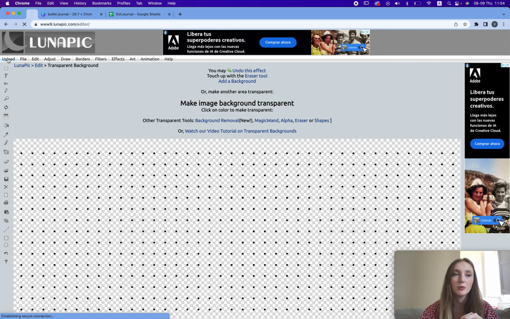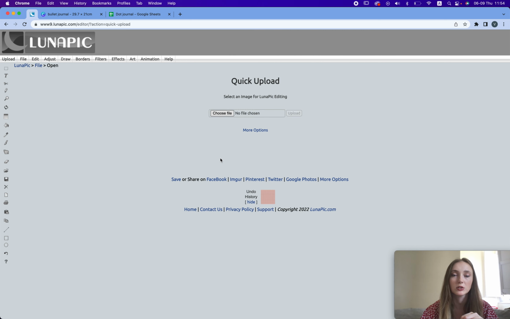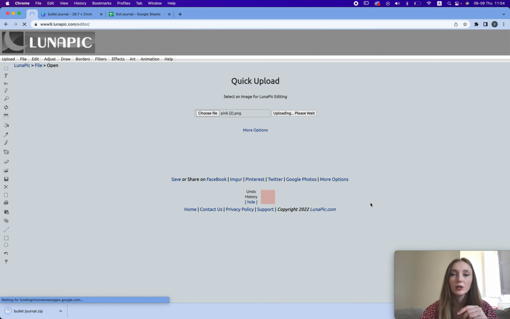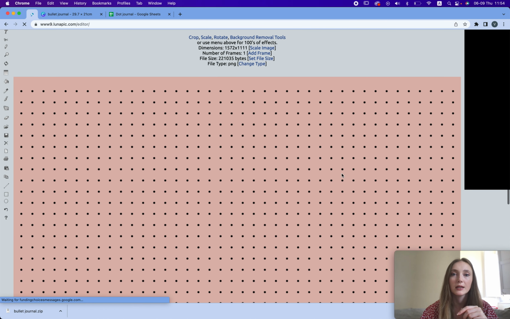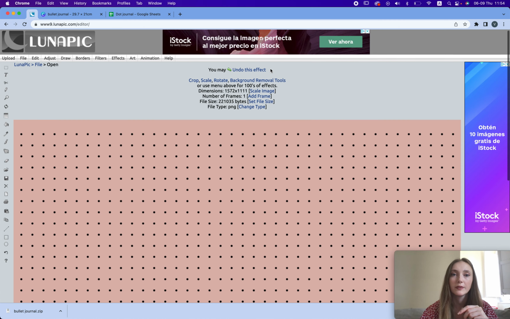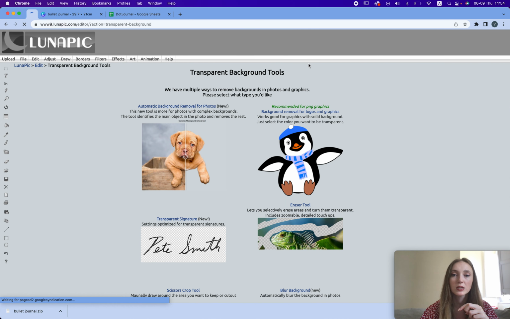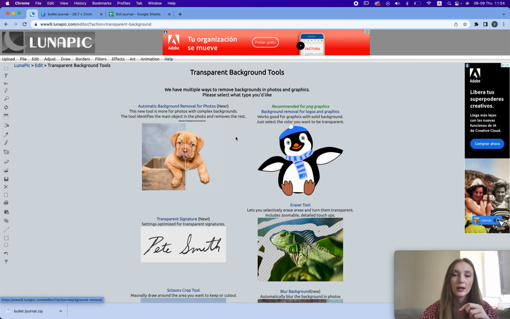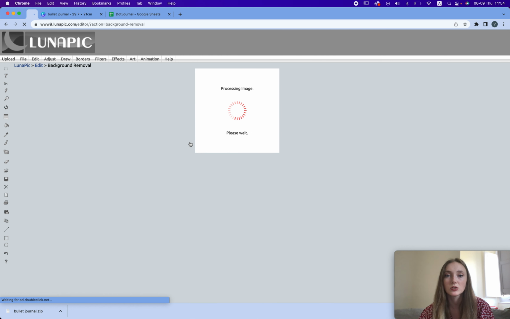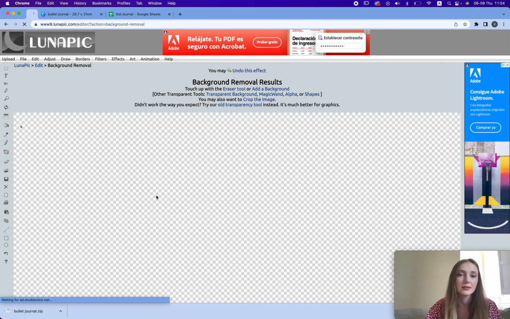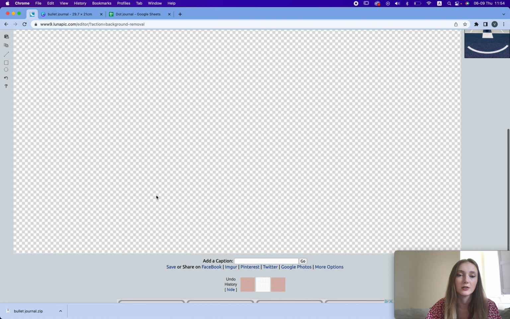Now, if you don't have Canva Pro, you can go to this website, which is called LunaPic, and then you can upload an image here. So I'm gonna choose a file, I'm gonna choose this one, and I'm gonna upload it, and then I'm gonna click that I want background removal tools. Okay, great. So I can use this automatic, so I'll just choose that and wait and wait and wait, and here is the final option,